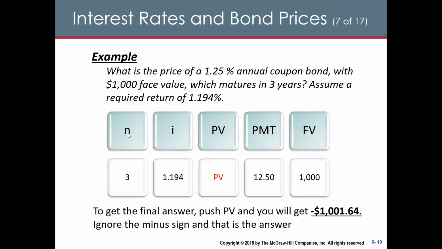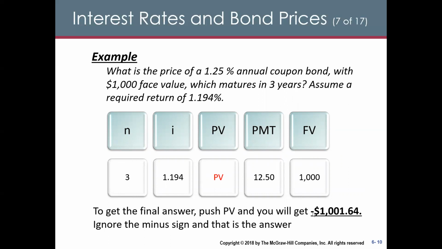So in this example here, N, the number of payments you are going to receive, is 3 years from maturity, and you are getting a payment every year, so you're going to receive 3 payments. So N equals 3 here. The I is the discount rate or the required return, which is 1.194. You don't need the percentage sign here, just type in 1.194. And you don't know the present value, that's what you want to figure out. The payment is 12.5 as the coupon you receive every year, and the future value is 1,000. So you type in the N, I, payment and FV,